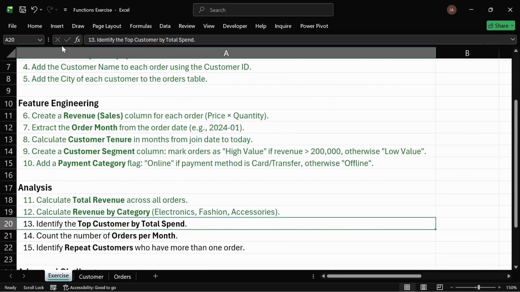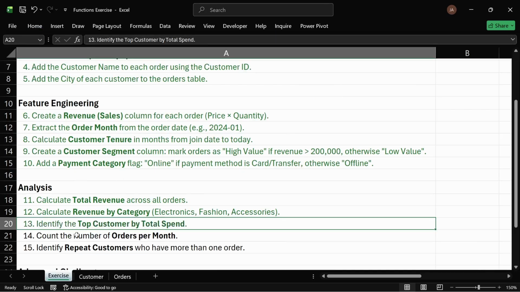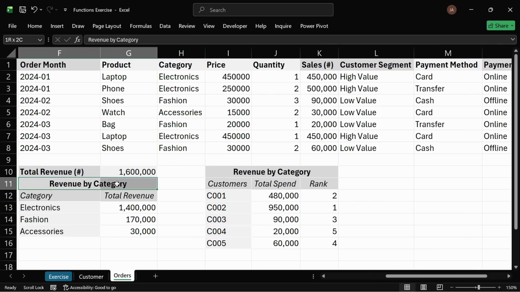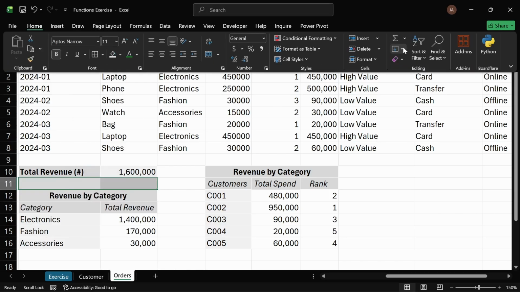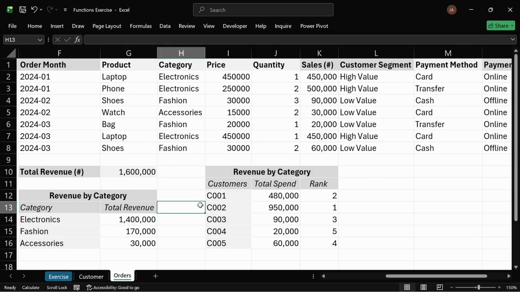So the next question, we have been able to identify customer by total spend. Count the number of orders per month. Okay, number of orders per month. Let me just add a new column, and so that we'll separate that. Shift cells down. And here I want to clear out the format. I'll just take that out, clear formats. All right, so that's nicely separated. Okay, so the next thing is